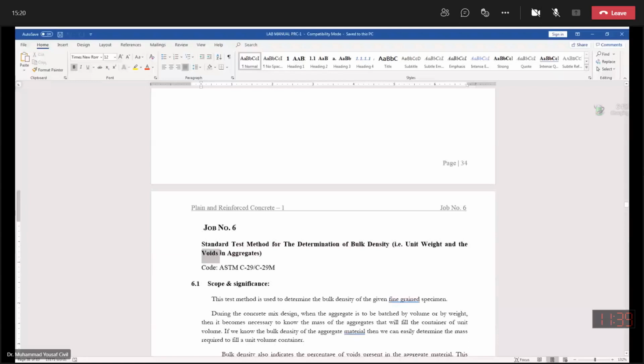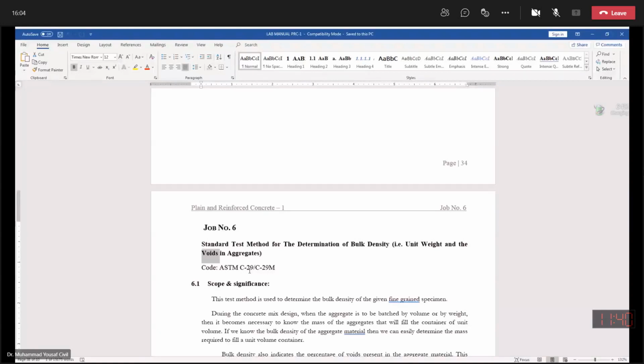It is very simple. So this will be conducted for fine grain and for coarse grain particles as well. As you know, if we classify the aggregates as coarse and fine, then coarse aggregate is an aggregate having size greater than 4.75 mm and retained on sieve number 4, whereas fine aggregate means having size less than 4.75 mm, passing through the sieve. That is known to you.